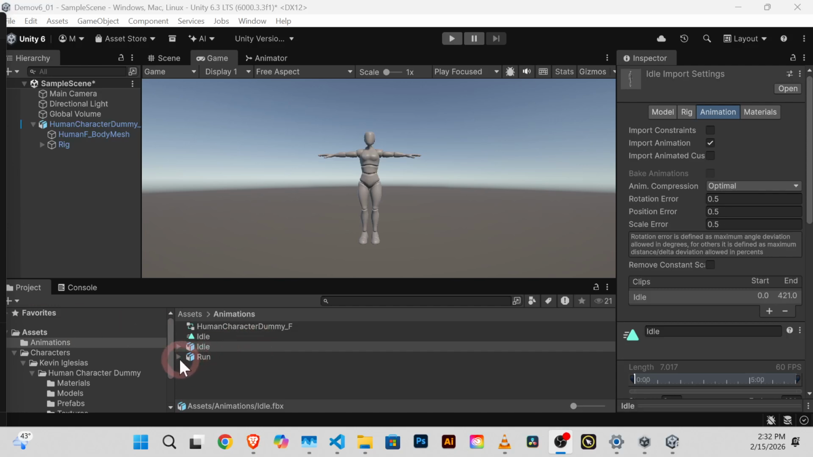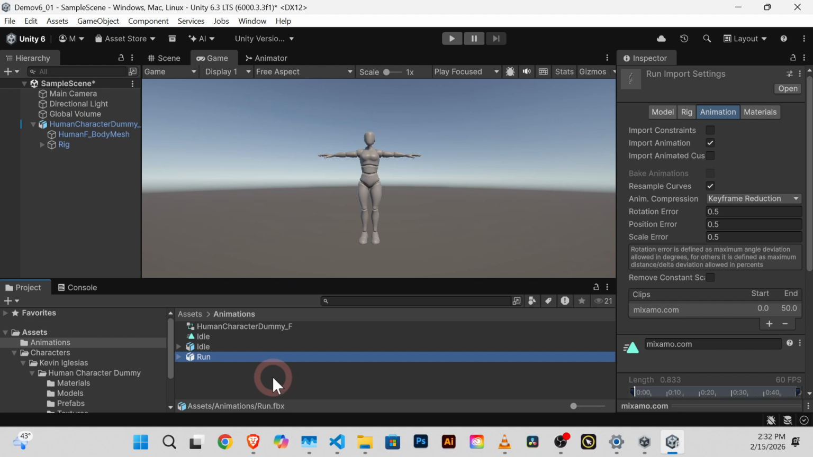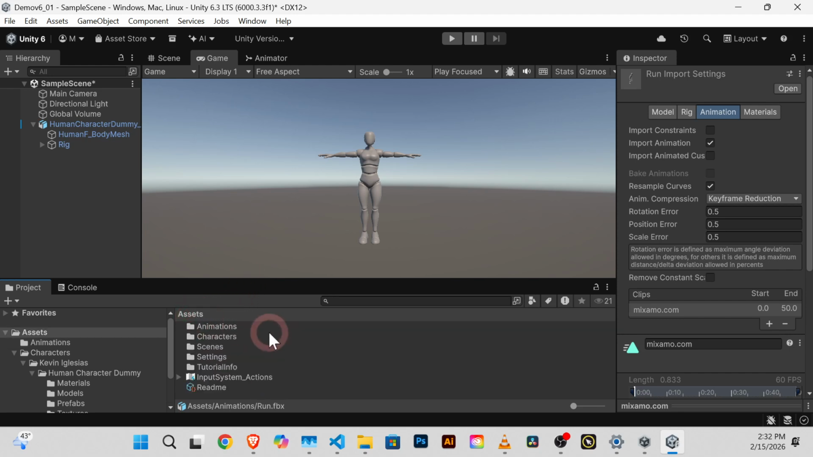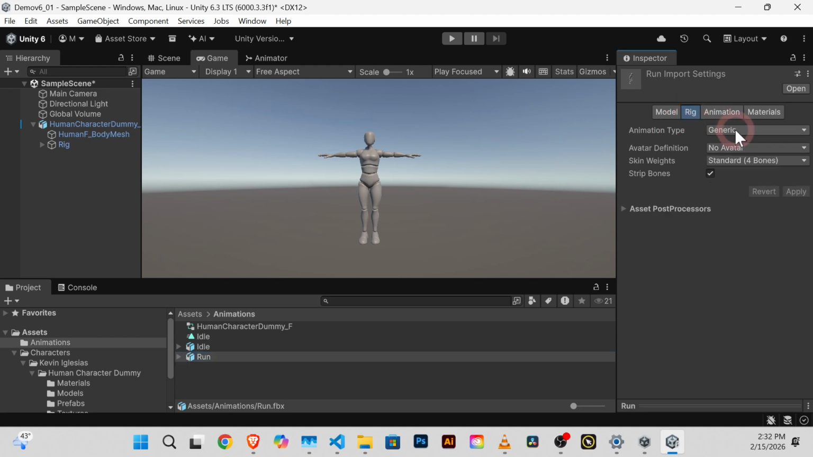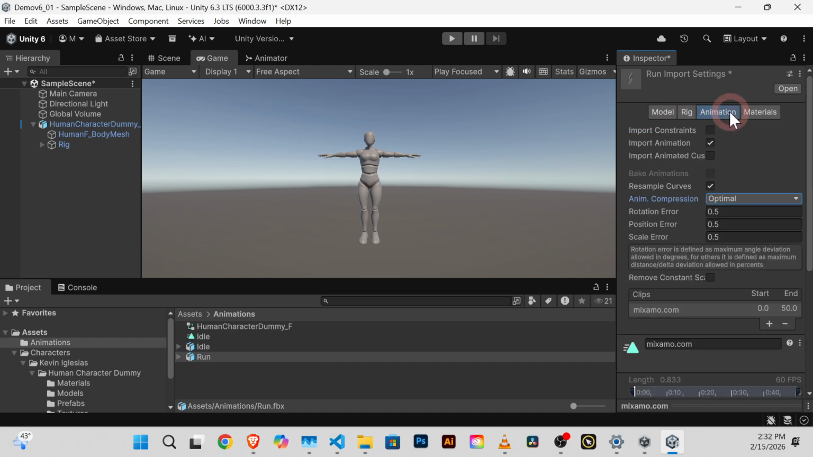Let's go to the run animation and add it to our model. We have to do the same kinds of things we did before. So I'll select it here in the animations, which are in my assets. I'll select run in the inspector. I'll choose rig instead of generic humanoid. In the animation,